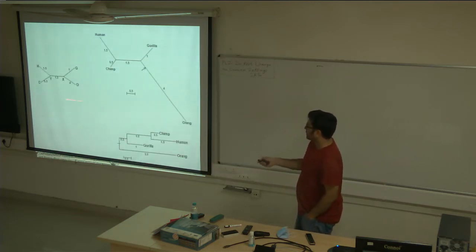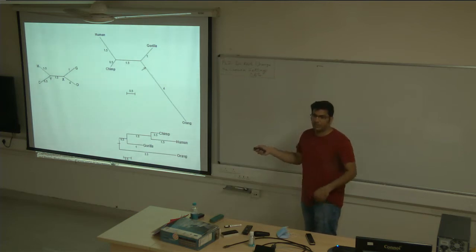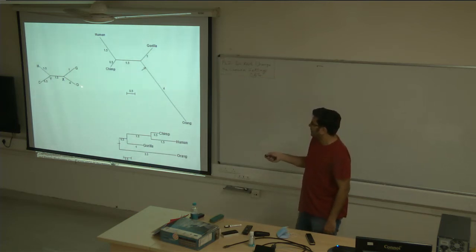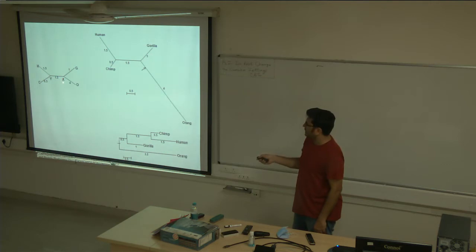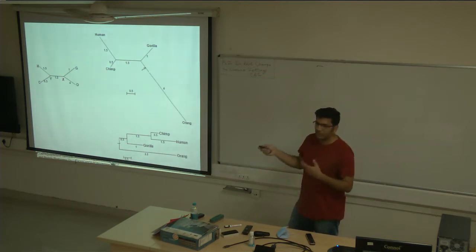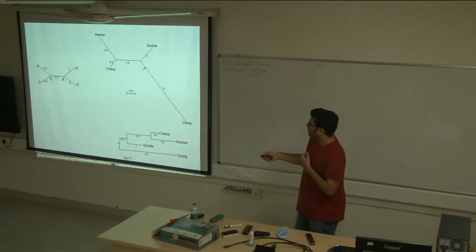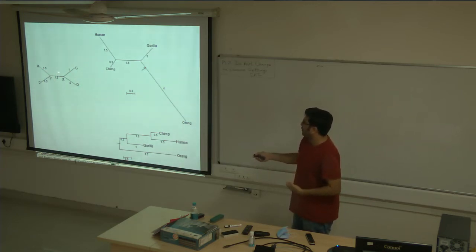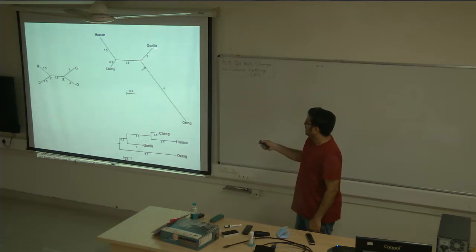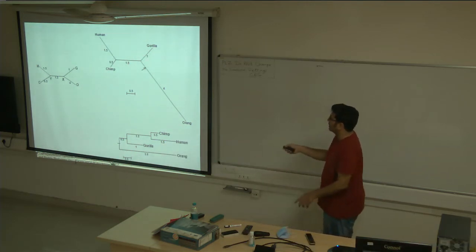Cool. So this is the tree that we get from the neighbor joining algorithm, and you scale these branches based on the number of evolutionary changes that they have accumulated during the course of their evolution. So if you scale them according to these changes, you will get these branch lengths. Let's say this is the one gorilla. So this is 4, so it will be 4 times the length of this. So this is half the length of this. Basically, you scale it according to the difference.